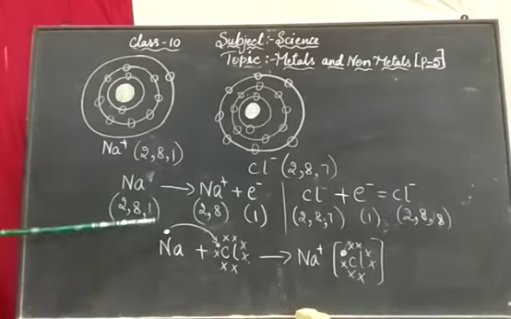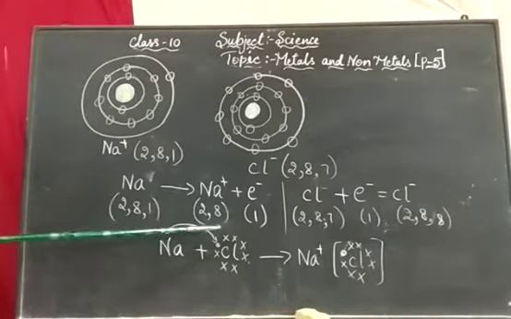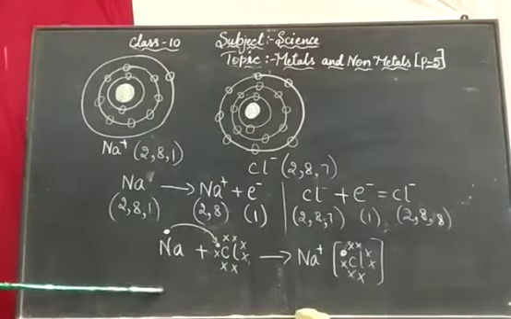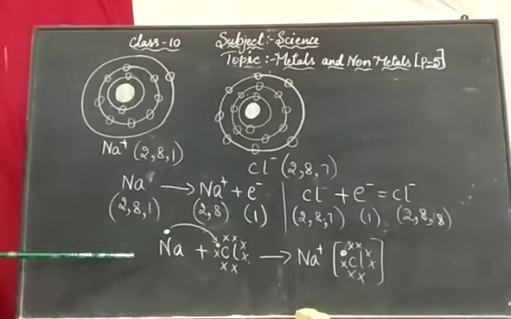For this, we will give the structure either by the dot or by the X. This X or dot refers to the electron. Okay, dot structure, if they ask, you have to do this. If they ask you to draw the dot structure of sodium chloride, you should do this, right?